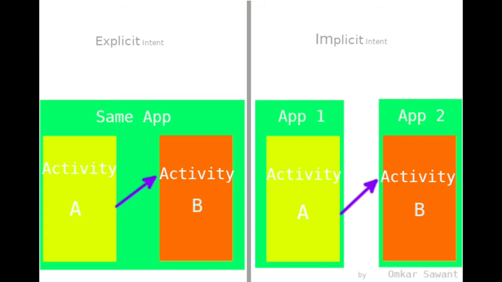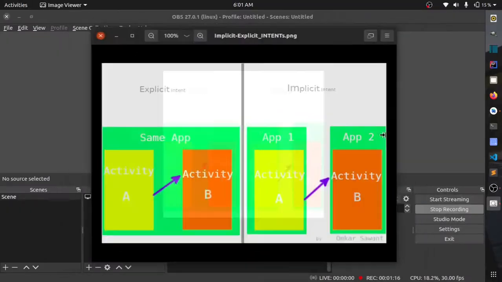In Android, there are two types of intent, an explicit intent and an implicit intent. It is applicable for all Android components. When an Android component in the same application is launched, it is an explicit intent, so that you know explicitly which component will be launched. In an implicit intent, one application component launches another application component. So this is the basic difference between an explicit intent and an implicit intent. Let's see how to use them by building an application.